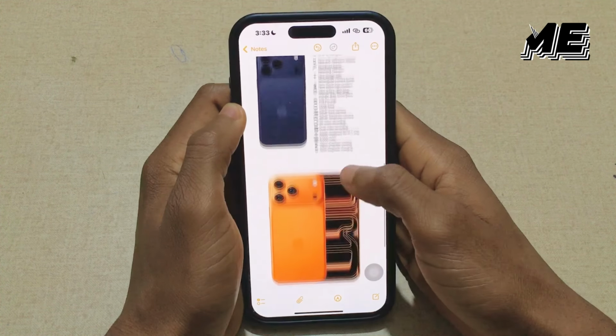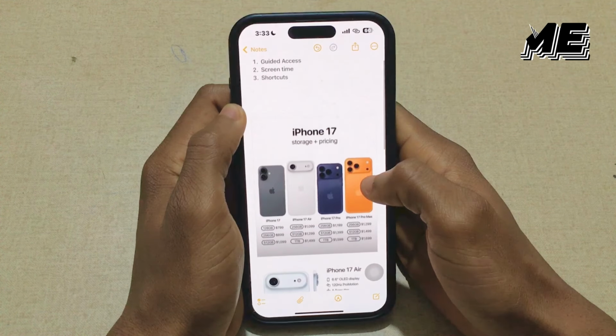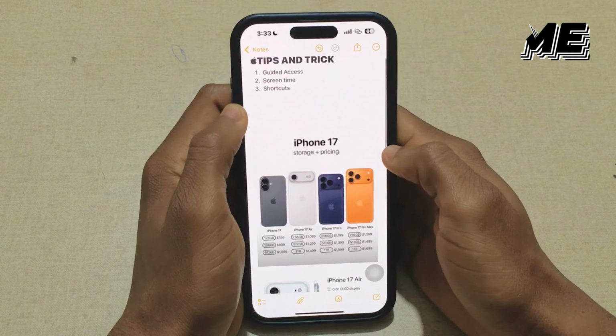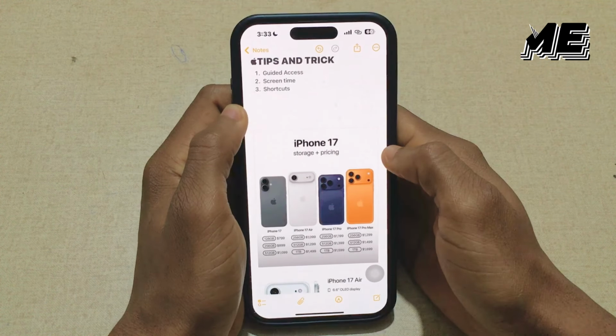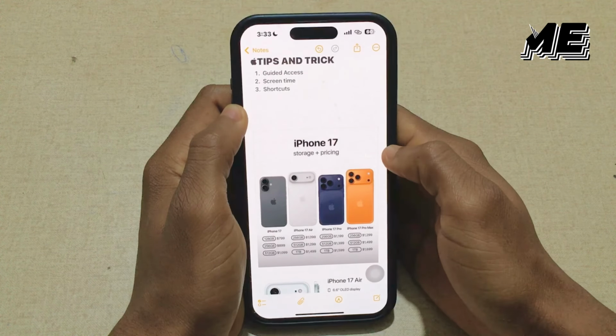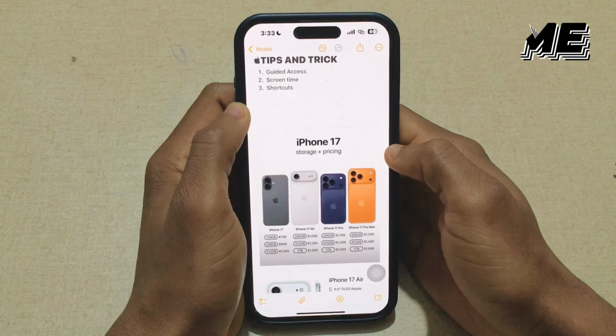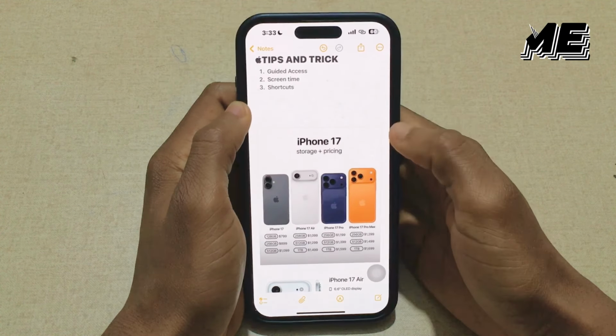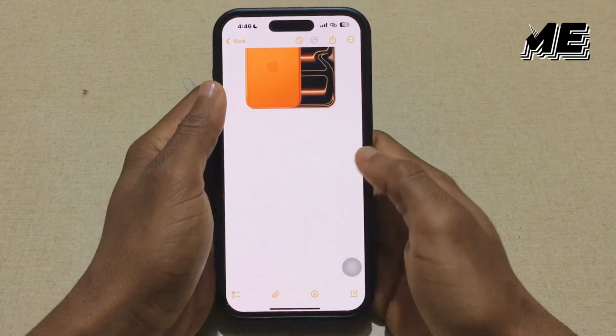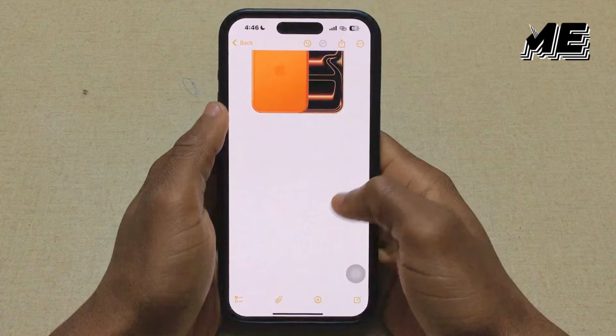So simple. This doesn't work only on notes. It works on other apps such as WhatsApp, iMessage, files, just to mention a few. Finally, the shake to undo or redo shortcut feature. Now for the shake to undo or redo shortcut feature,